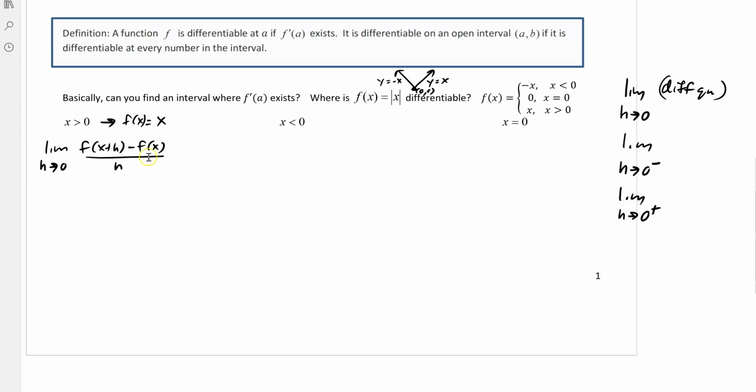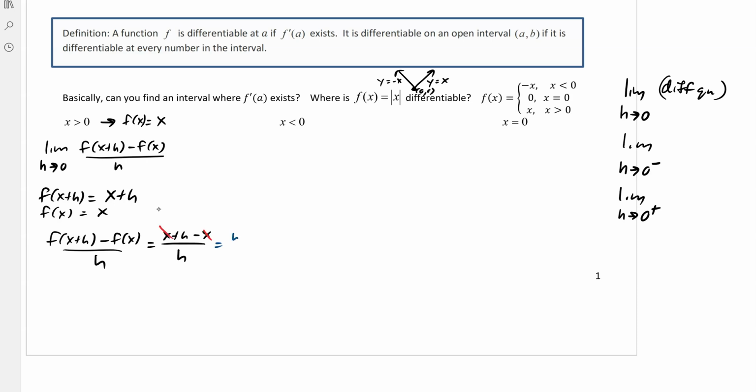So we're using f of x equals x. So f of x plus h would be plugging that in, so we get x plus h. And we know our f of x is equal to x. So subtracting these two would give us x plus h minus x all over h, and again, the x's cancel. So we end up with h over h, which is 1. Perfect. So now the limit as h approaches 0 of our f of x plus h minus f of x, which is 1,